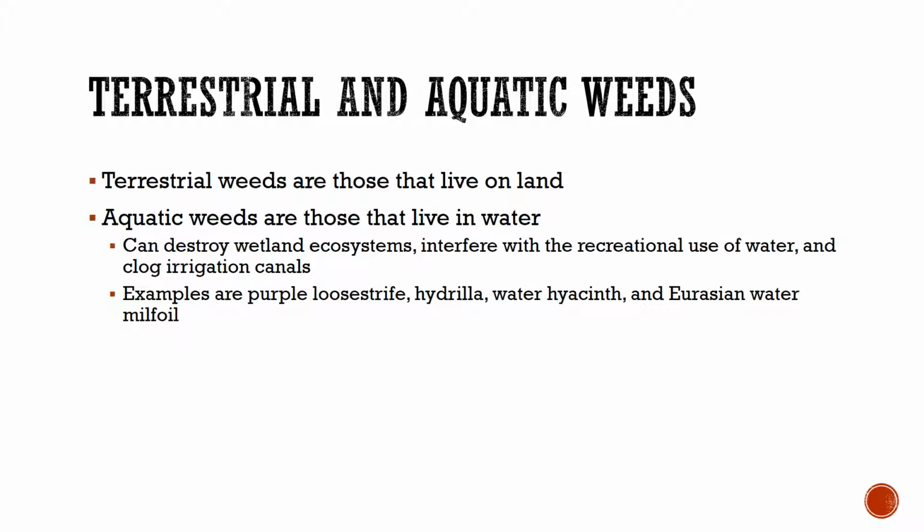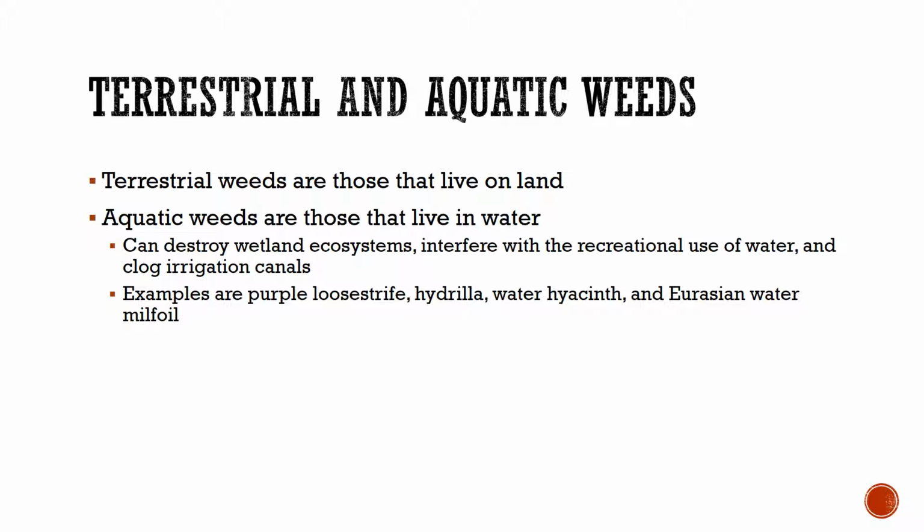Terrestrial and aquatic weeds: the terrestrial weeds will live on land, but aquatic weeds will live in the water, and can destroy a lot of really good ecosystems, wetland ecosystems, and if you like going to the lake, these types of weeds will start to be very invasive in terms of recreational use.